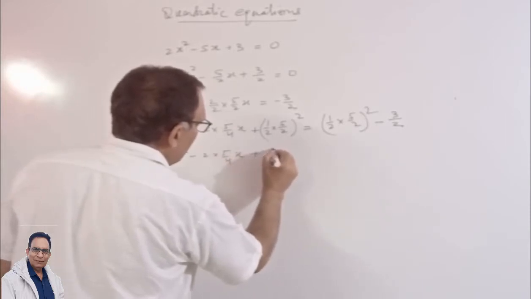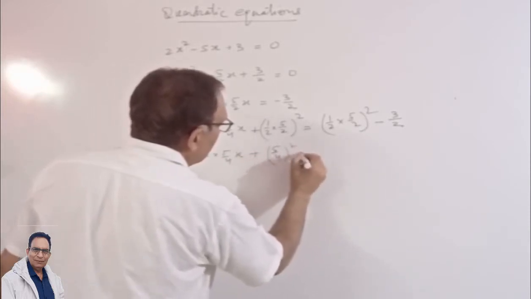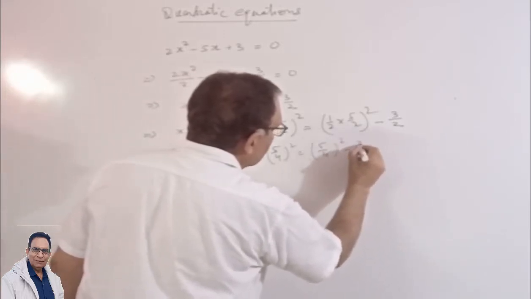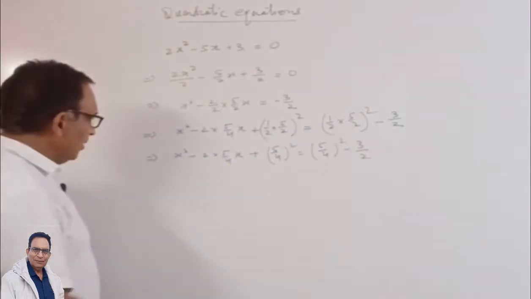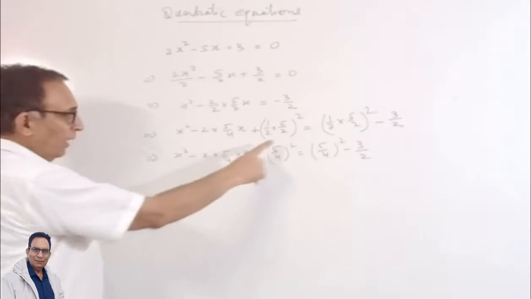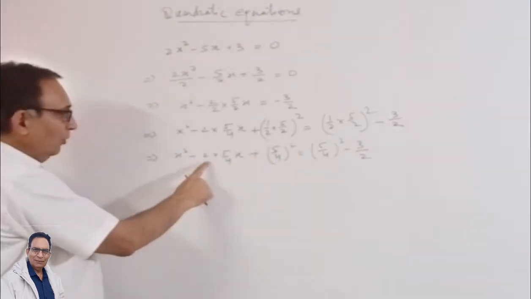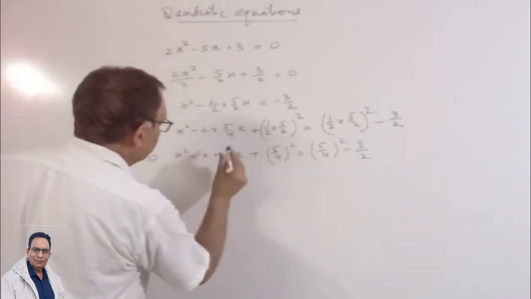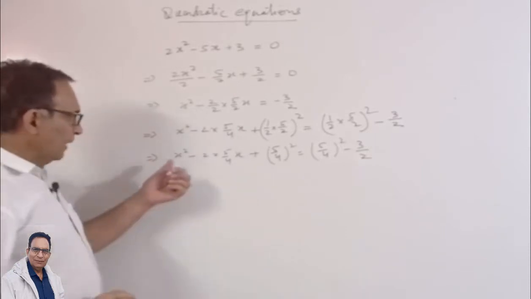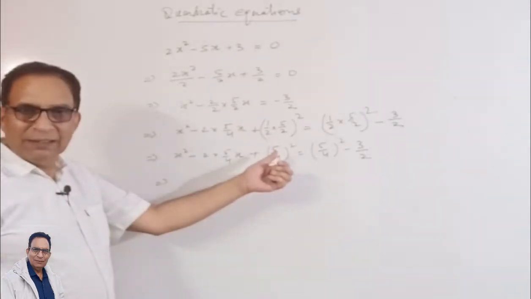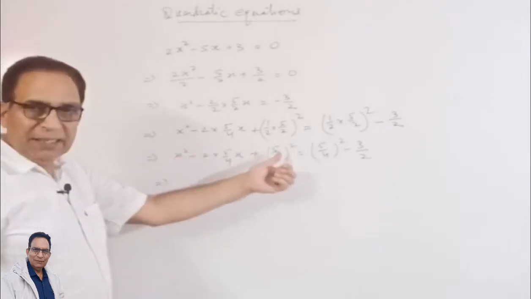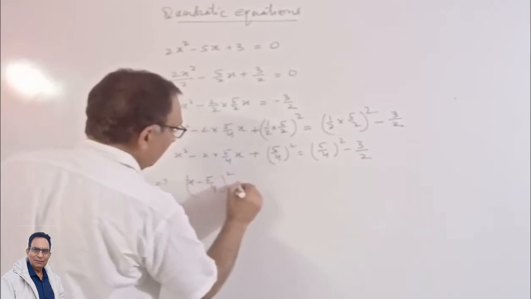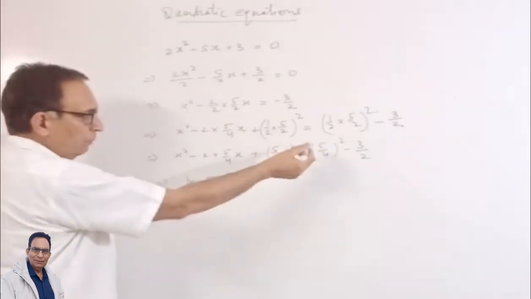Going further, I write x square minus 2 into 5 over 4x plus, let us put these things together, 5 over 4 square is equal to, here also you can write 5 over 4 square minus 3 over 2. Just see now, it is x square plus 5 over 4 square minus 2 into the product of these two. So it has become something of this kind. This is x square minus y square. If you remember, it is x square minus y square. So I write x minus 5 over 4 square is equal to,